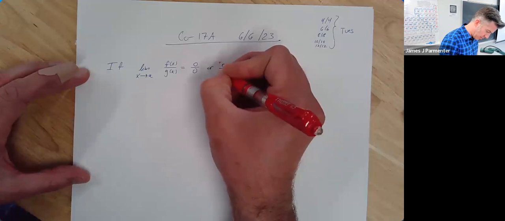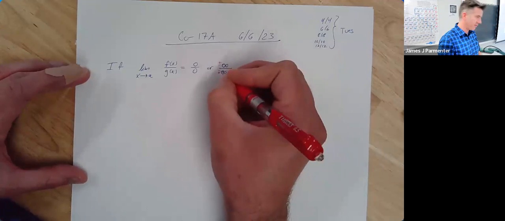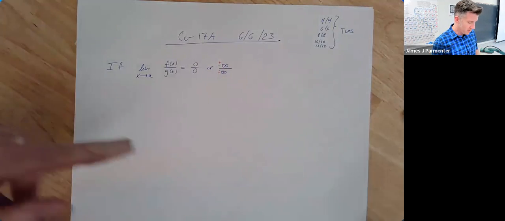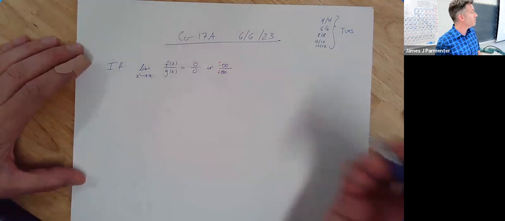It can be positive on top and positive on the bottom, negative on top, negative on the bottom. It could be either one, negative, positive, negative, negative, positive, positive. We don't care as long as they're both some sort of infinity. If your limit is one of those two things, which is called an indeterminate form,